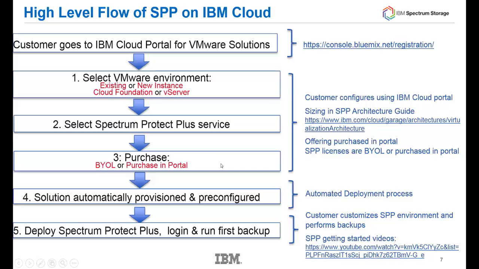Next, at step 3, you will purchase this offering, and you need to again make a choice. Are you going to bring your own license for Spectrum Protect Plus, or are you going to purchase in Portal? Step 4, the Spectrum Protect Plus, as well as if you've chosen a new vServer or Cloud Foundation instance, will be provisioned and pre-configured. And at that point, you'll be able to deploy Spectrum Protect Plus, log in, and start